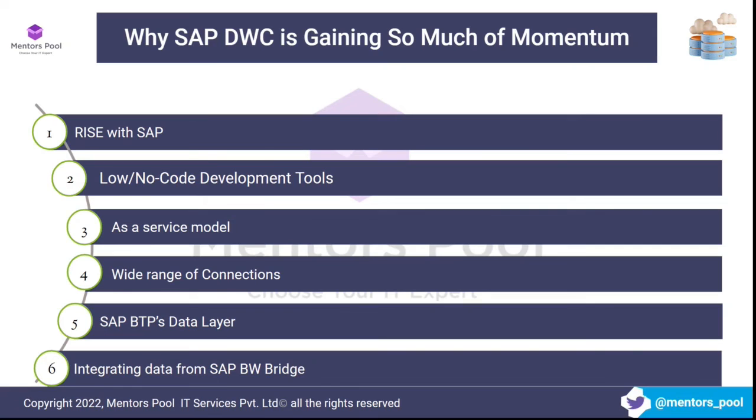So if a customer has SAP-related products, a lot of SAP landscape, then it makes sense for them to go to SAP Data Warehouse Cloud because of its native connection capabilities, right? And then SAP has this new SAP Business Technology Platform, or SAP BTP, and it has a lot of layers.